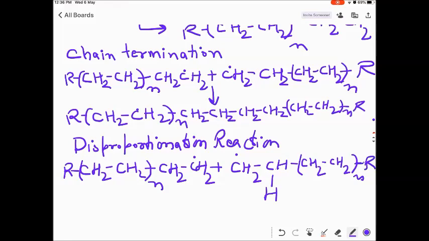Now what happens in this case is carbon hydrogen bond will break, it undergoes homolytic cleavage, and there is a formation of a carbon carbon double bond here. And this hydrogen that has come out from here will combine with this CH2 group. So this will be going to the CH2. The chain to which hydrogen got added, we say it has been reduced, and the one that lost hydrogen, we say it has been oxidized. So what is the structure obtained?